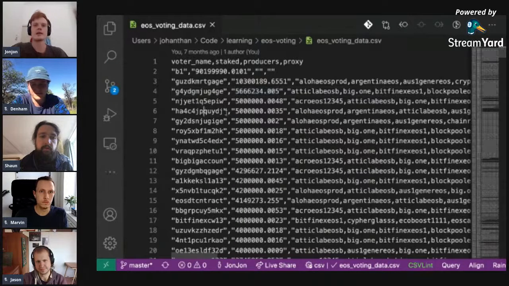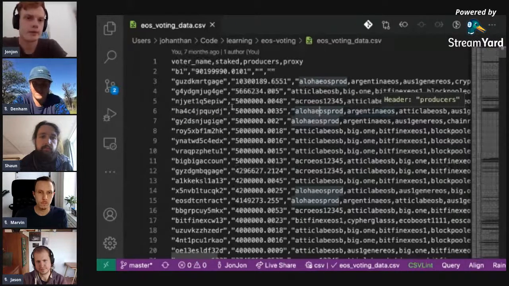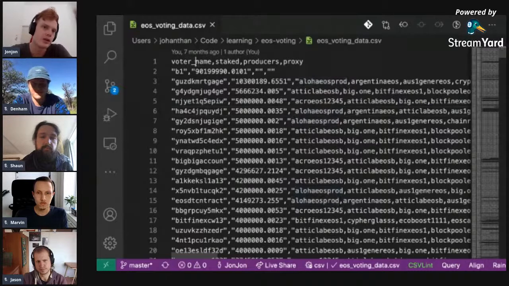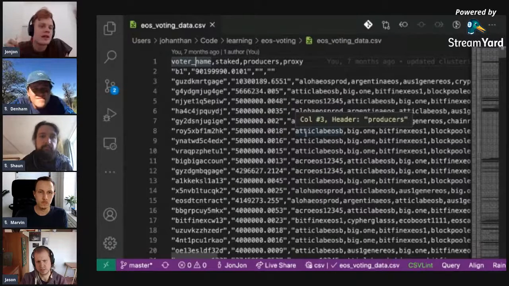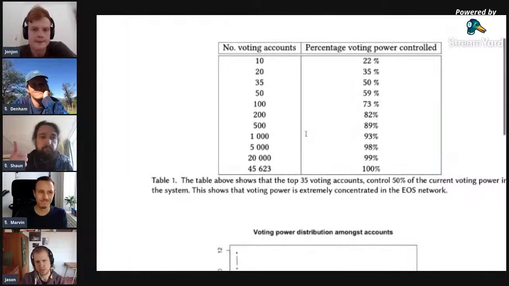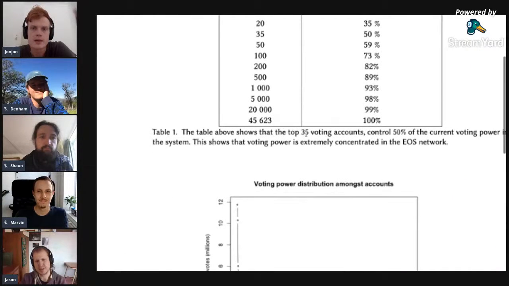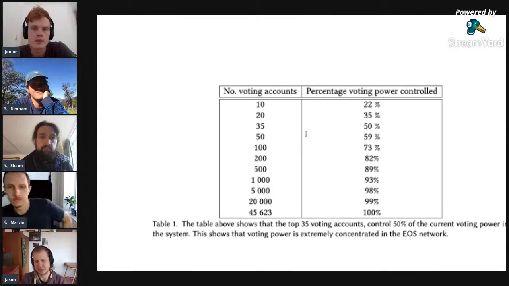And this isn't a tally of how many votes these different block producers have received at all. This is just showing voter name, the top 200 voters, how much money they have, how much they've staked, and who they've voted for. Because I want to look at the voting analysis and the voting patterns and see, is there something I can pick up in the data that's telling me EOS is full of it, basically. And another question: over time, is it getting more concentrated or less concentrated?